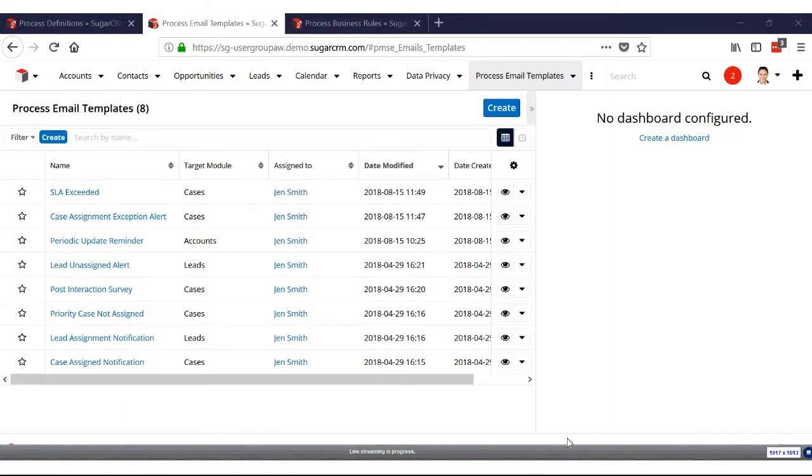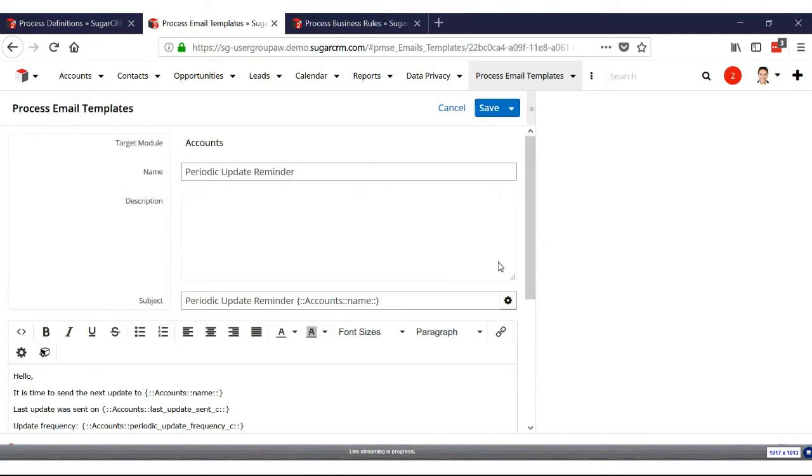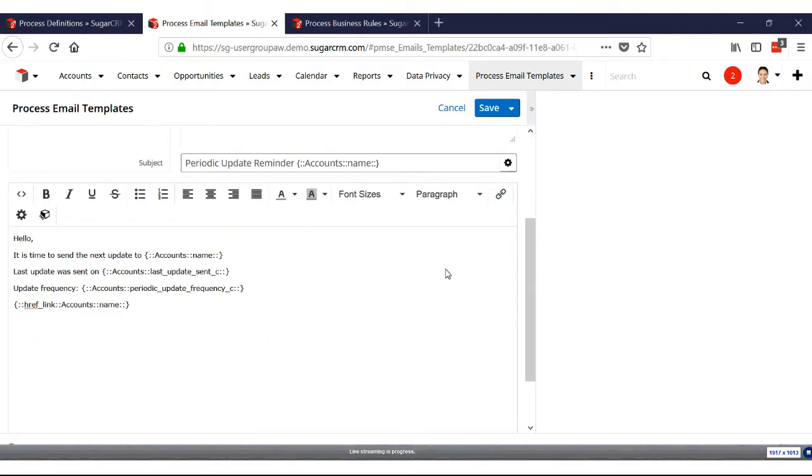So here I am in the process email templates module inside of Sugar, and I've got a number of different email templates set up here, but the one that we'll use in this workflow is this periodic update reminder. So if I go ahead and design that really quickly,